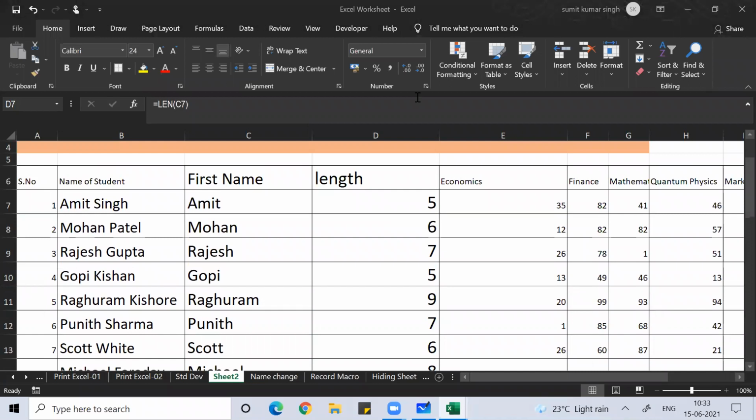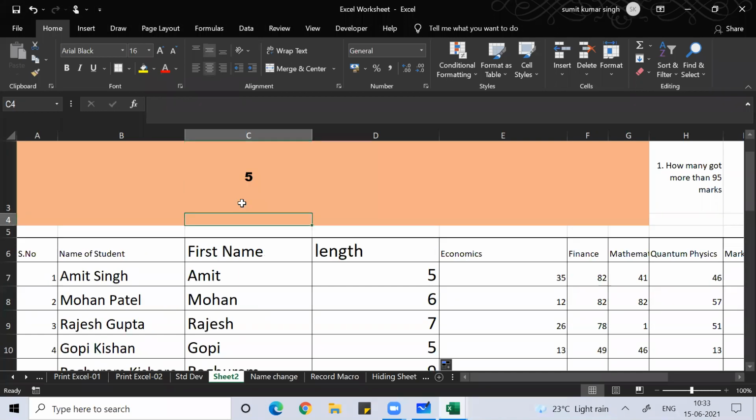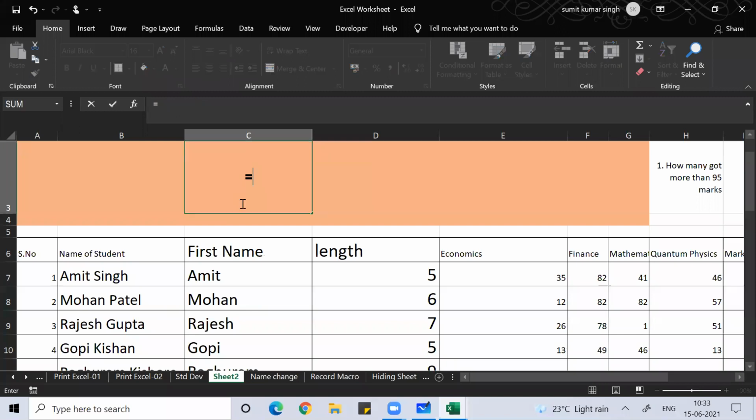So Bhagwan is giving the correct answer. It's counting the space, guys. Why is it counting the space? If you remember, I used the function find, double quote, space, double quote, comma, in this, and that was taken as the number of characters. So where is the space here? The space is there after the 5th character in Mohan, and after the 6th character in Rajesh. So it is giving you that also as the answer. Although it's an invisible space, it's there.